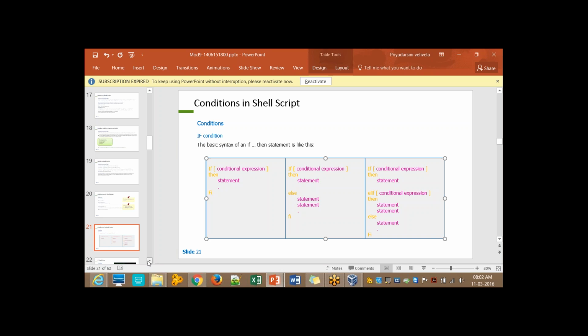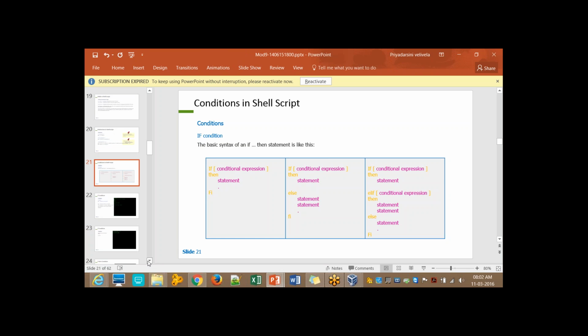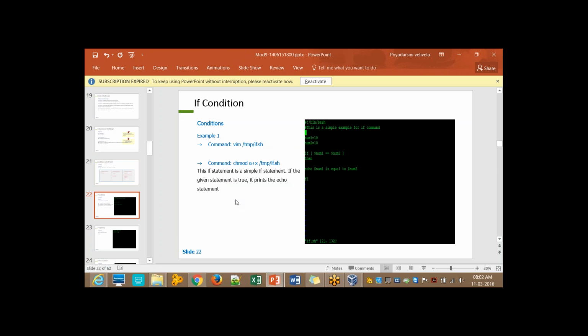Let's see some examples as well. Here is a simple script that you can see, bin bash for if. The variable assignment has been done: num1 is equal to 10, num2 is equal to 10. So apart from the if loops and variables, we have something else,